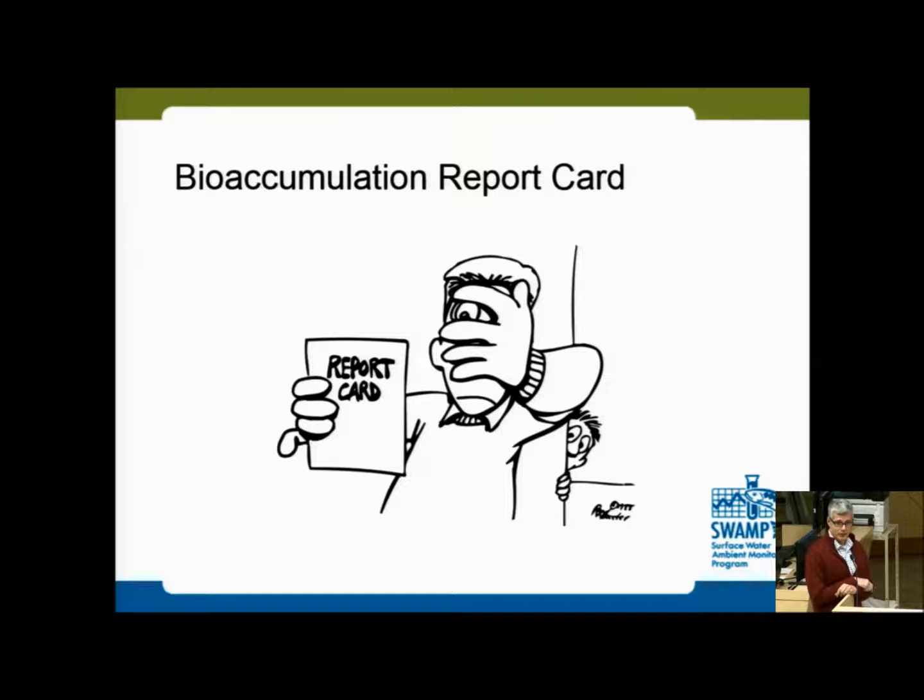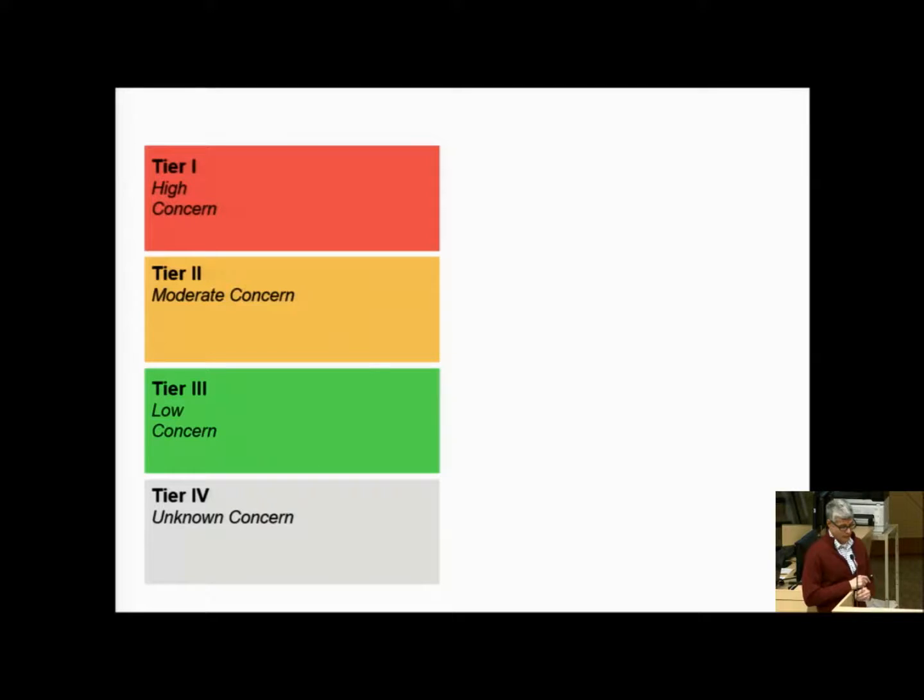So now on to the report card. And as you can tell from the cartoon, it's a mixed bag. So there's some good news and some bad news. I'm going to present the summary based on a framework that we developed for the Bay Regional Monitoring Program for emerging contaminants. But I think it's a useful framework for looking at contaminants more generally. And I'm going to place things into these 4 tiers. The first tier is contaminants that are of high concern,